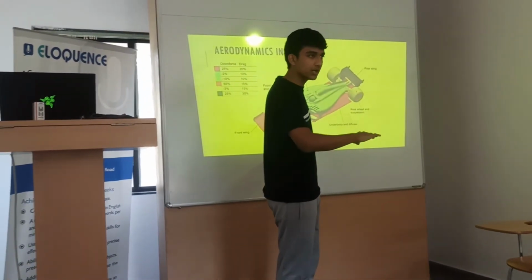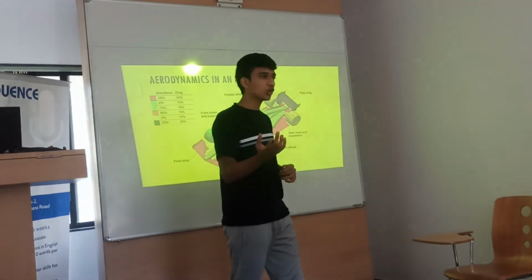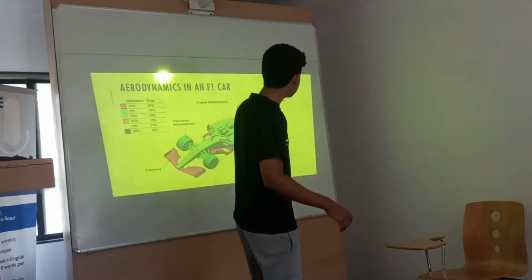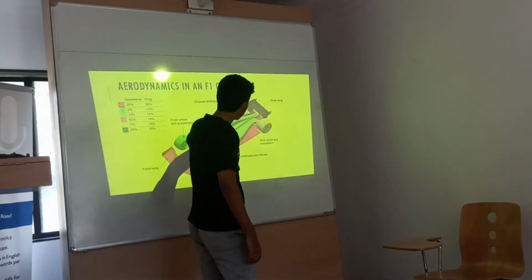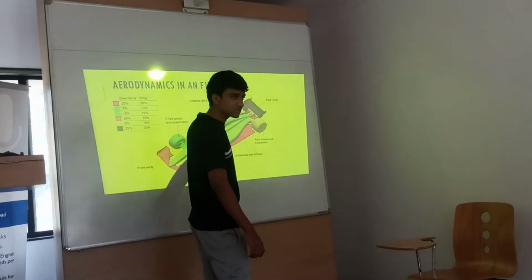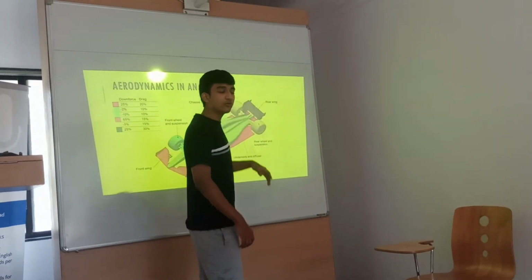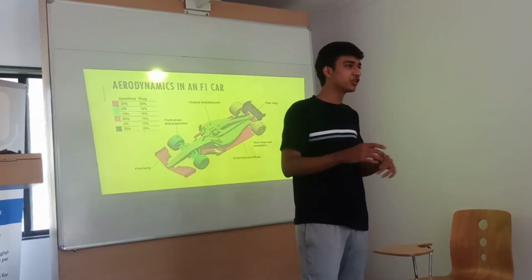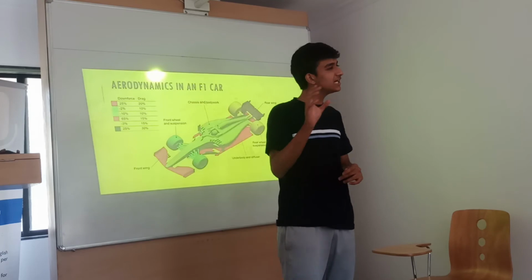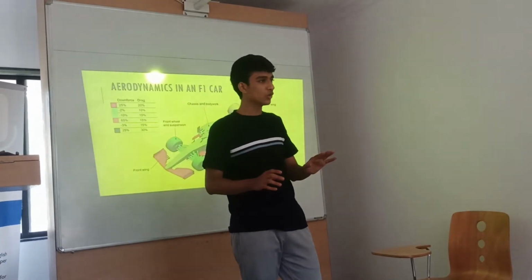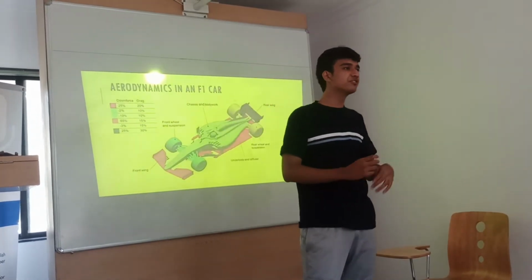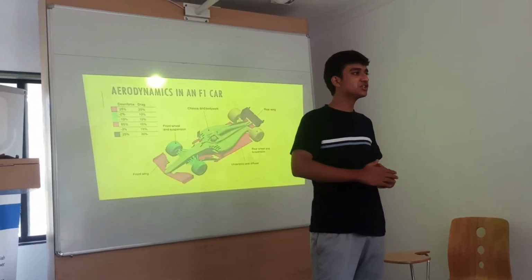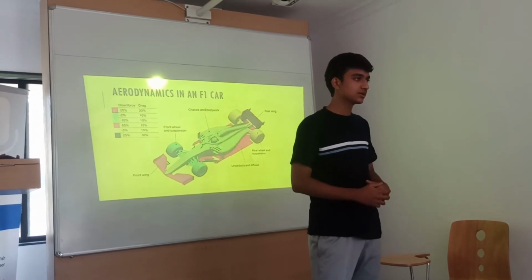It used to be less earlier because refueling was allowed, but that had a lot of flaws. It was expensive and dangerous. So that has been eradicated, and the whole race fuel has to be stored. In the car there is basically a fuel box where 110 kg of fuel is stored. Now this 110 kg of fuel has to be used for 300 kilometers, the average length of an F1 race. So the fuel is basically 90% petrol, but it has 10% of different components such as high octane and a few others which actually make it a race fuel. The efficiency is increased. The reliability is also increased.